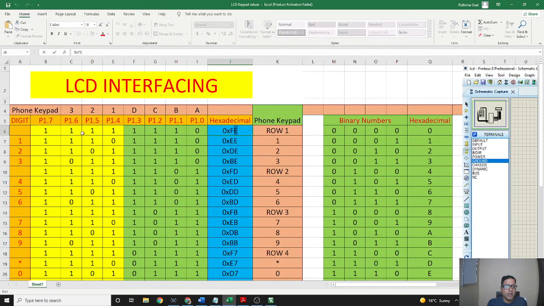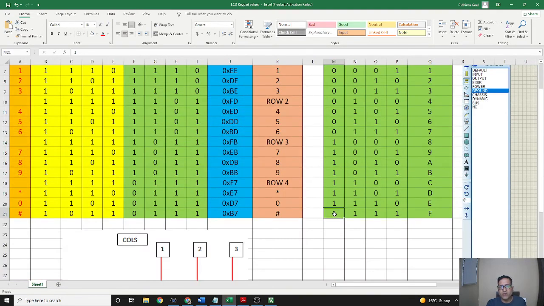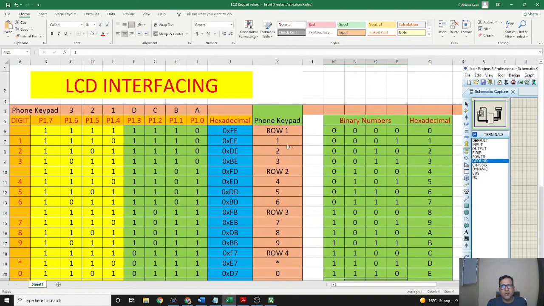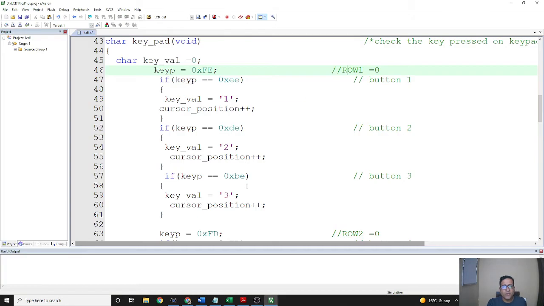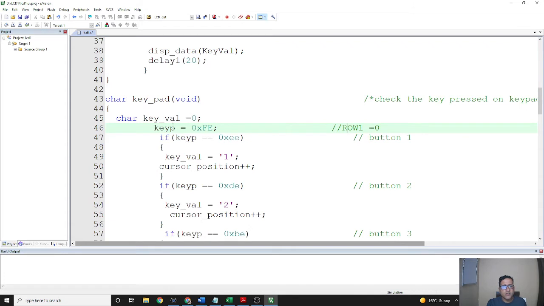And likewise all these 4 are high, which is F. From this table we can find that the hexadecimal number for all ones is F. So in this way we are talking about row 1. From the code you can see that firstly this code is checking for the first row. If it is the FE value here, then we are talking about row 1.